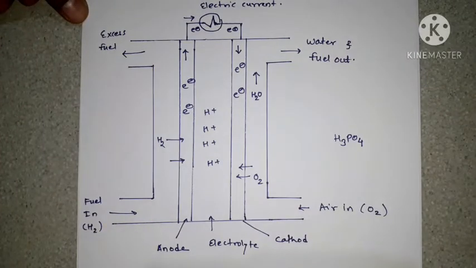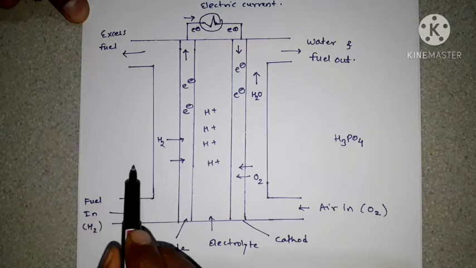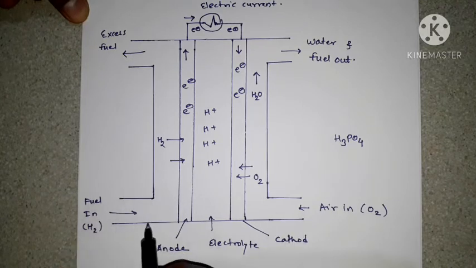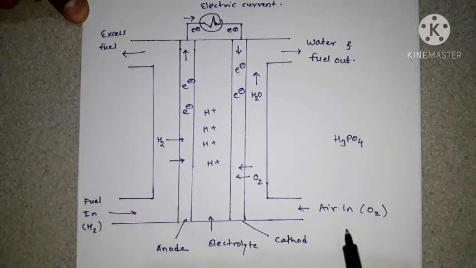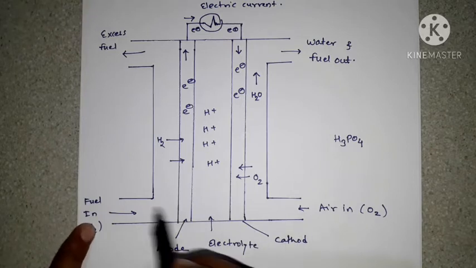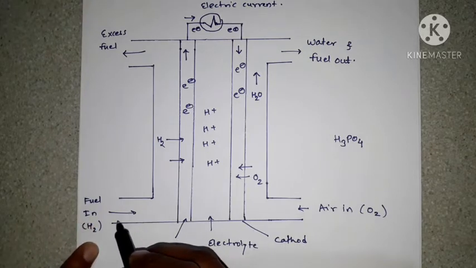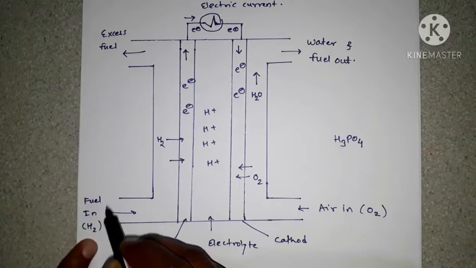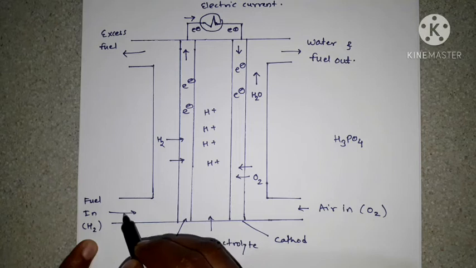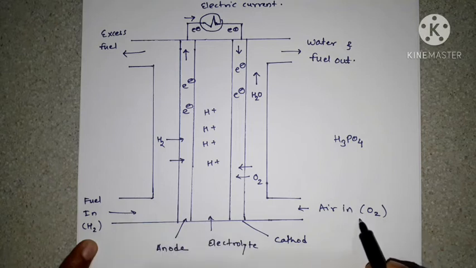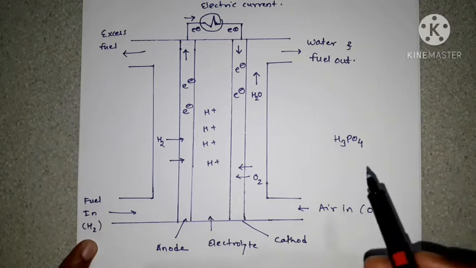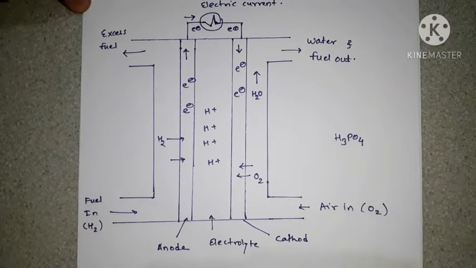Okay, as we know, in the cell diagram, look at the bottom. This end provides fuel, that is hydrogen gas, and at the right, oxygen gas is passed. Okay, so in the explanation part,